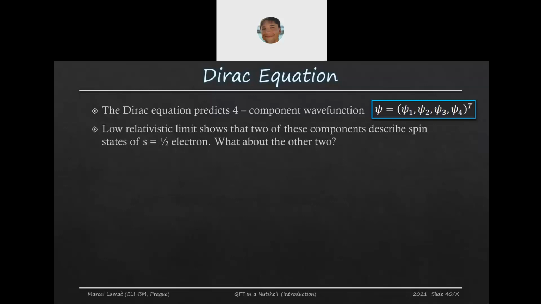If you ever saw it in some quantum mechanics courses, the Pauli equation describes an electron that also has spin degrees of freedom. So for the Pauli equation, this electron has two components, let's say spin up and spin down, right? So it has a two-component wave function. However, in the full generality of Dirac's equation, if we don't take any limit, there are additional two components. What are these? Well,